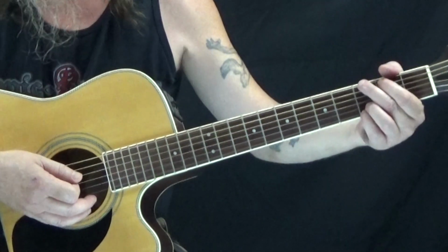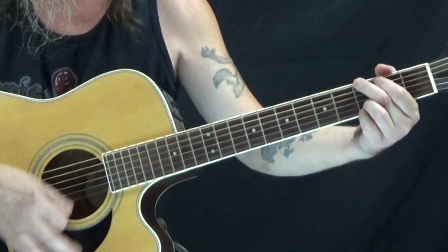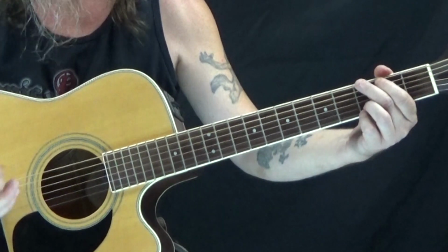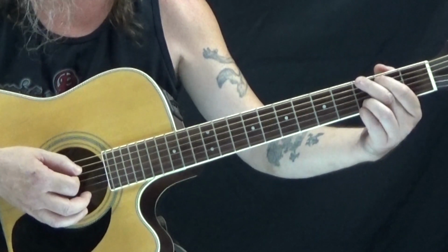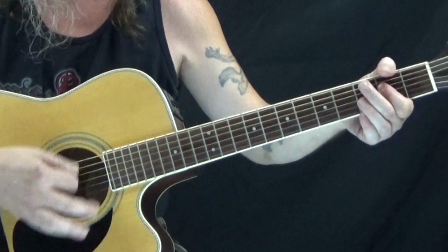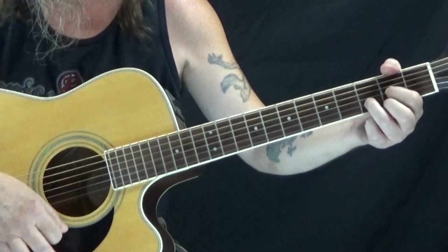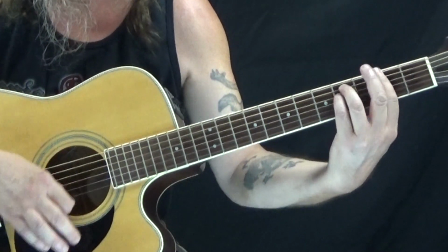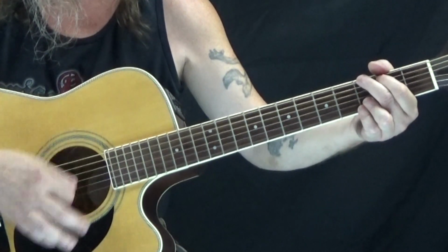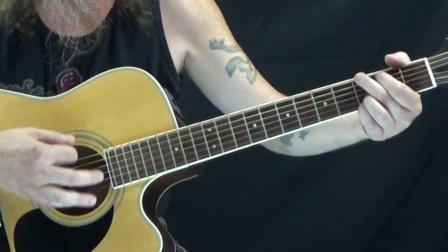So we start off with G, and it's that same strum. So we have the 1, 2, and 3, and I'm just going to call off the chords as we go through this. I'll just kind of play it slow. So we have G, A, B minor, G, D, F sharp minor, B minor, A, G, F sharp minor, E minor, G, and then